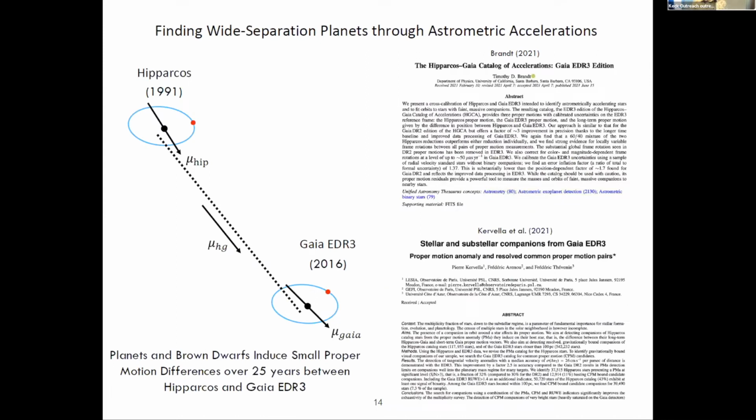One way that we can overcome this low occurrence rate is by using astrometric proper motion information from Hipparcos and Gaia. So the idea is that wide orbiting planets and brown dwarfs will induce small proper motion differences over the 25 years between the two missions. And then we can use that as a way to efficiently search for planets and brown dwarfs that we can image by specifically looking at stars that exhibit these small astrometric accelerations, these small proper motion differences between those two